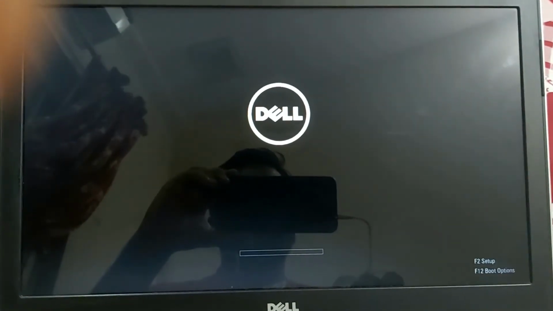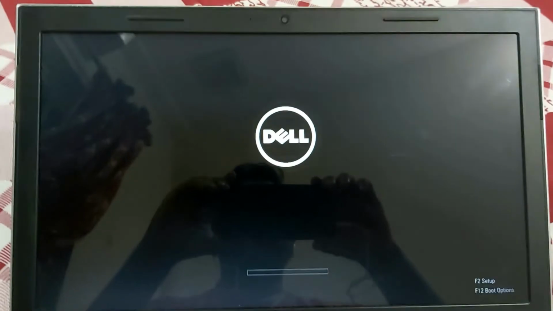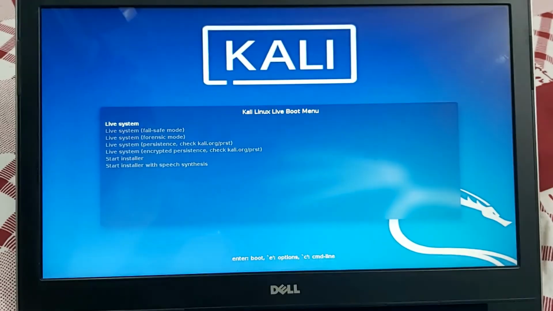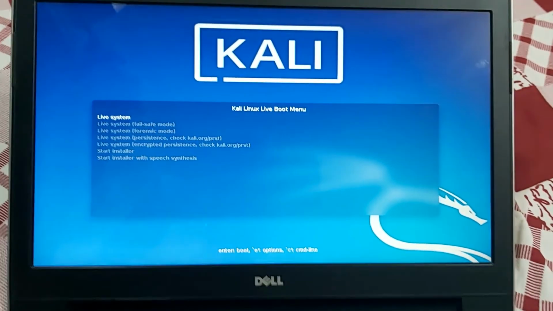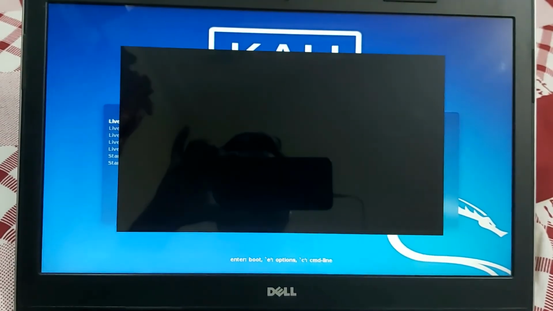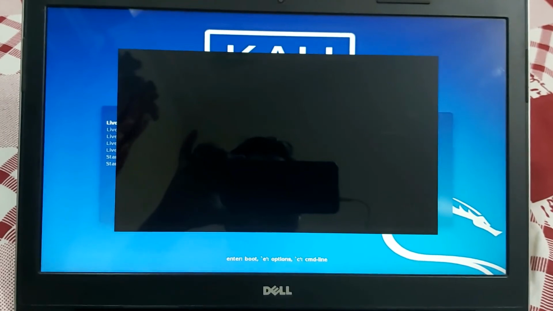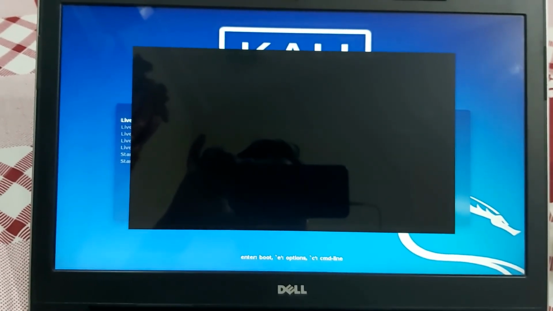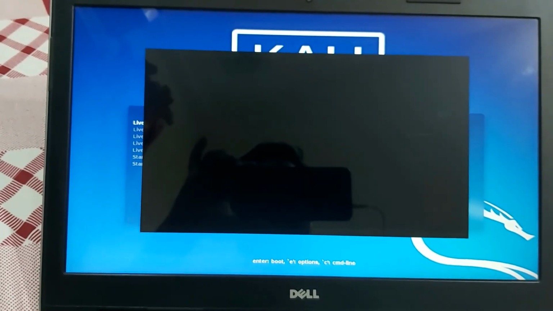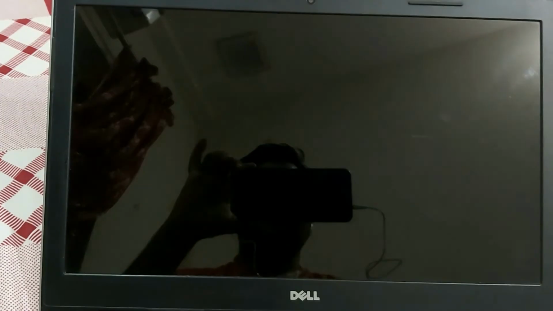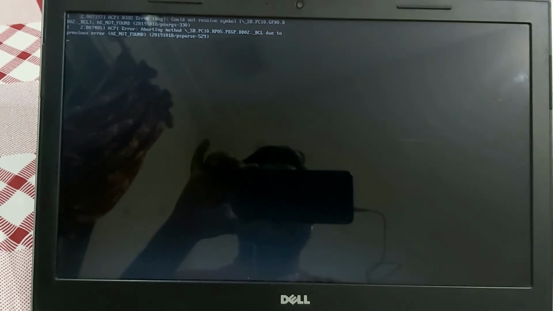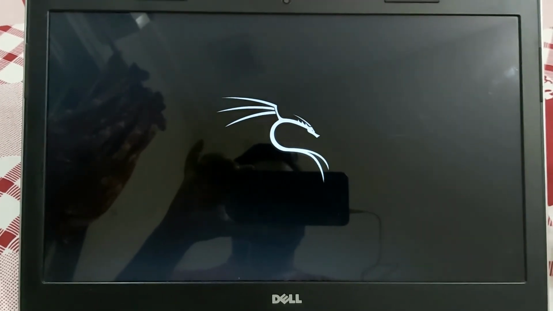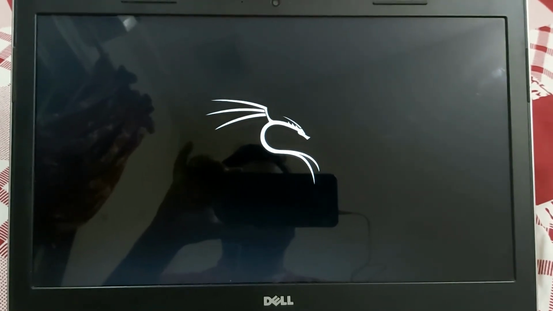Now Kali Linux will be loaded from the USB drive. For the live system, you have to select the first option. Simply press enter. Now the Kali Linux files are loading, and it takes some time to load all the files.